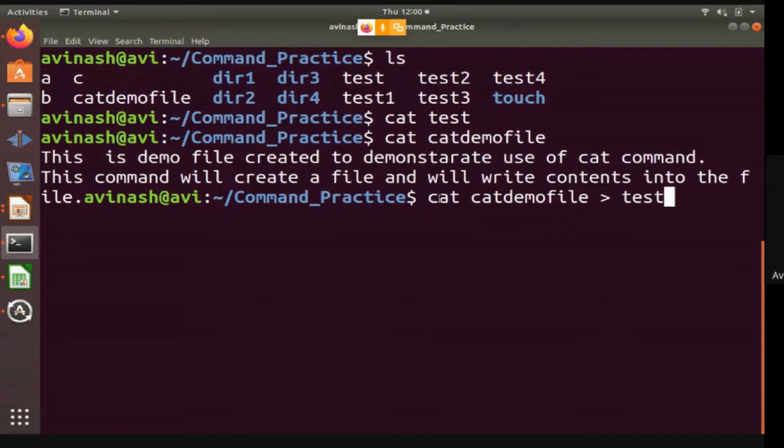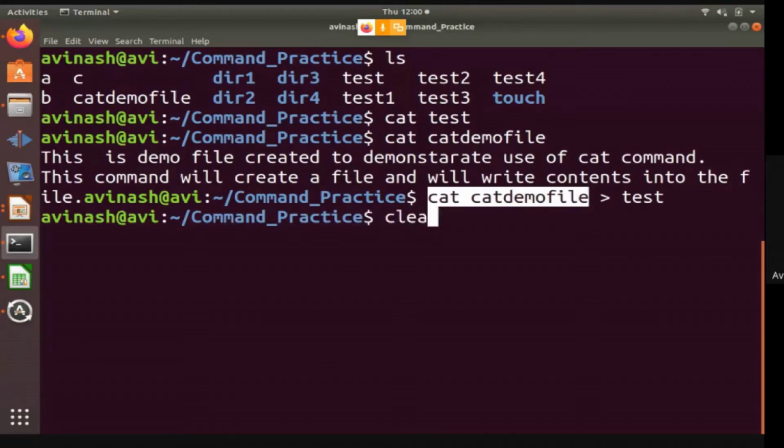Cat demo file will display the contents of the file, so the output of this command is the contents of cat demo file, and this output will be redirected. Why is it called the redirection operator? Because the output of the first command it redirects to the next argument. The next argument is the name of the file. So it will redirect the output of this file to the test file.